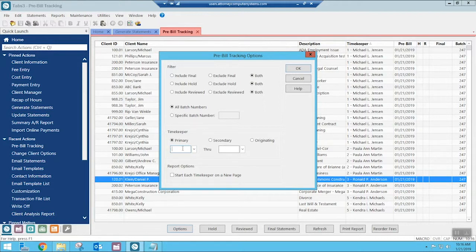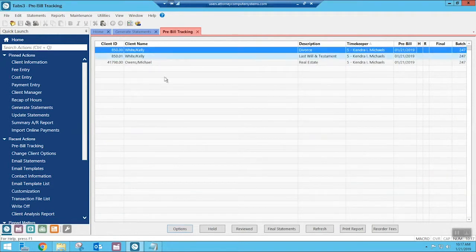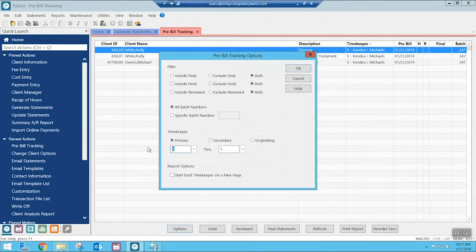So maybe timekeeper 5 is the first one to give you their pre-bills back and you just want to work with theirs. You can just sort 5 to 5 and say, okay. And now I'm just looking at timekeeper number 5's bills, and I would just see that list of theirs. So this options filter here is very useful if you get them out of order, or you just want to